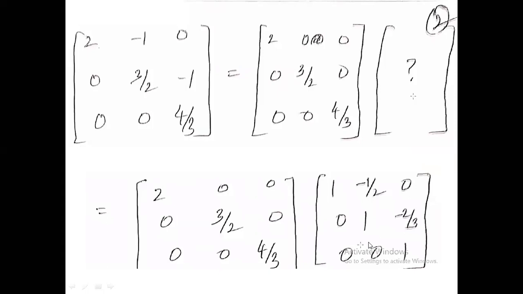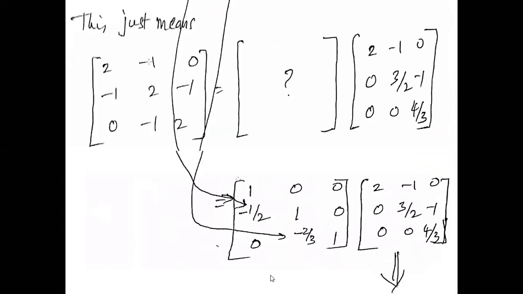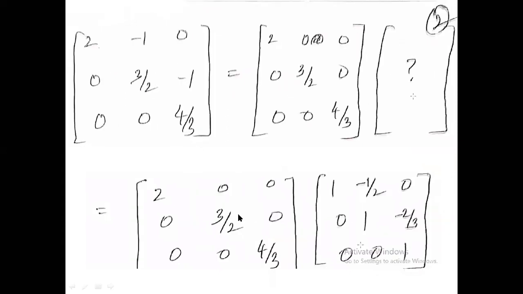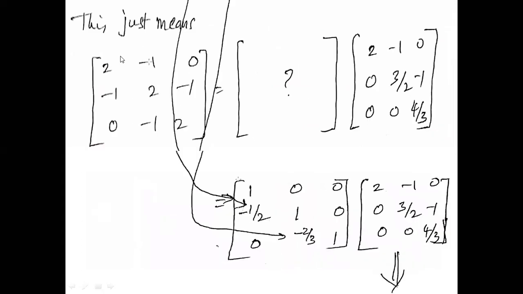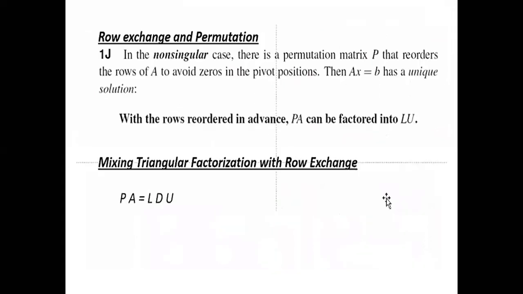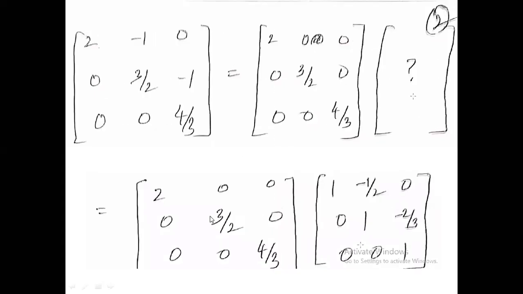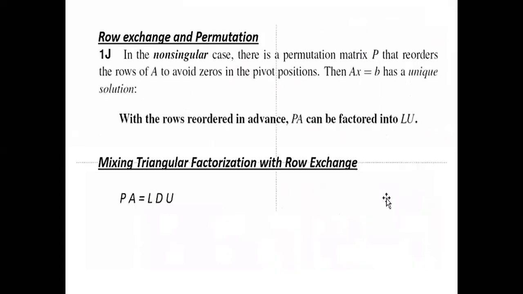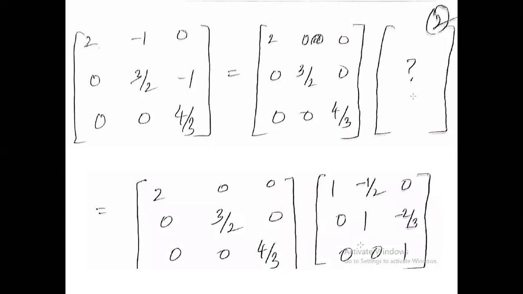So now I have converted matrix A into L U, and this U has been converted into D into U. So now I can have matrix A as this L, this D, and this U. And when I multiply all of them, I should get A. So that is exactly what we need to do when you need to decompose a matrix A into its LDU decomposition. So I hope this was clear.